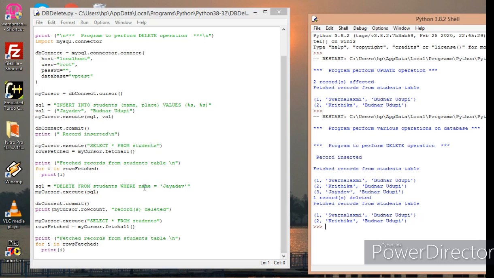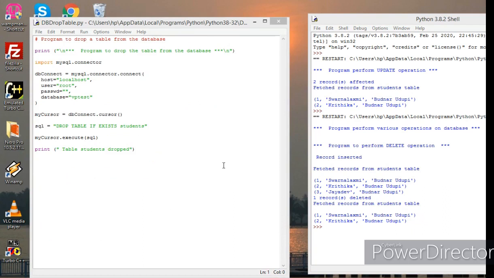I am deleting this one record using the my cursor.execute method. After that I am again reading the records in the table students. Now after deleting the Jaydev record, it is displaying only these two records, Swarnalakshmi and Kritika. So this is how you can delete a record from the table.